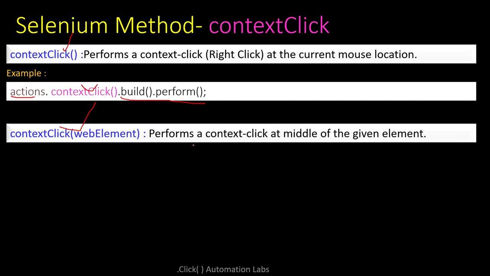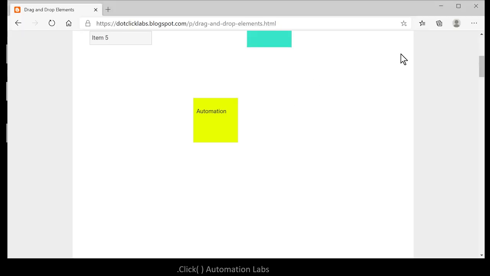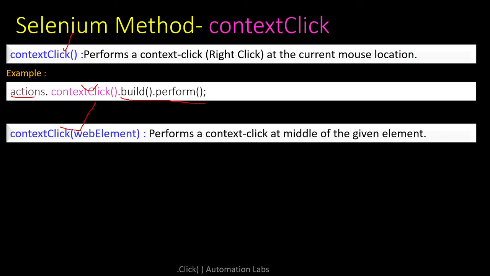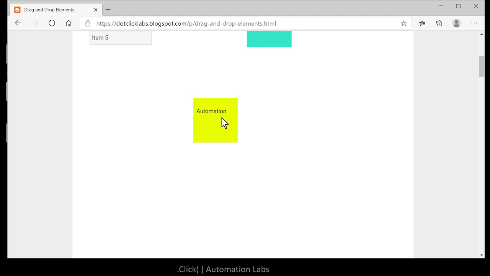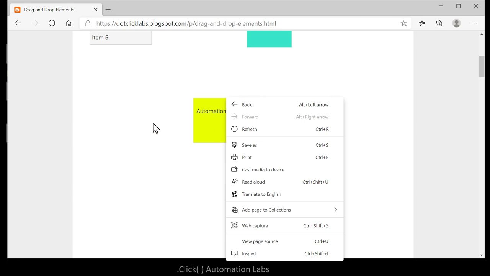The first one is something like, right now my current mouse pointer is over here, it will right click on this particular location. But for context click on web element, suppose I declare this as a target, then it will right click on this particular web element.